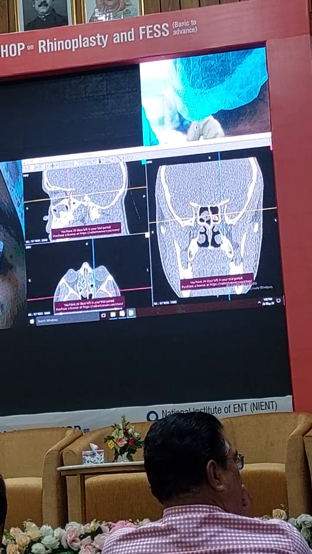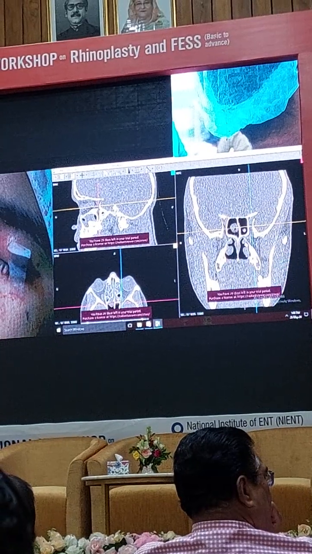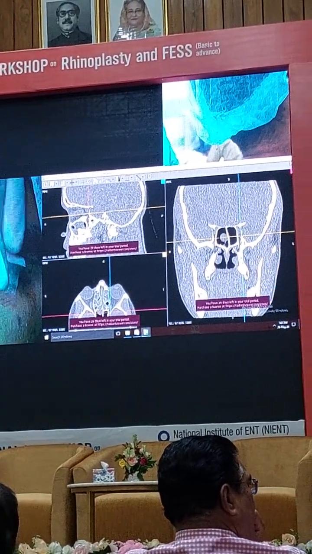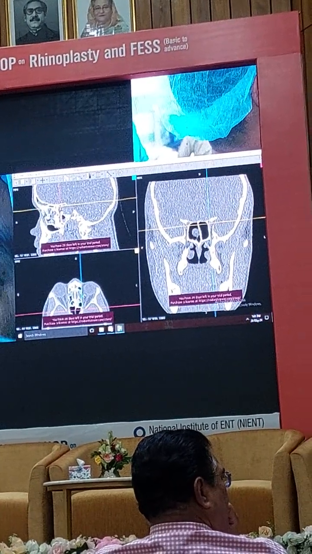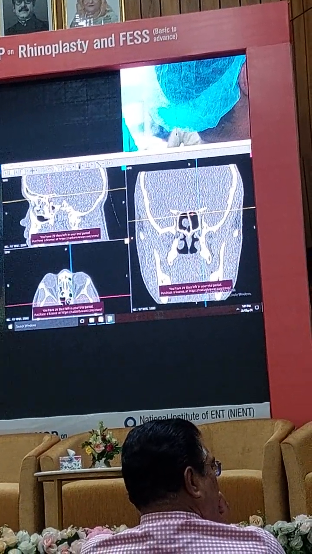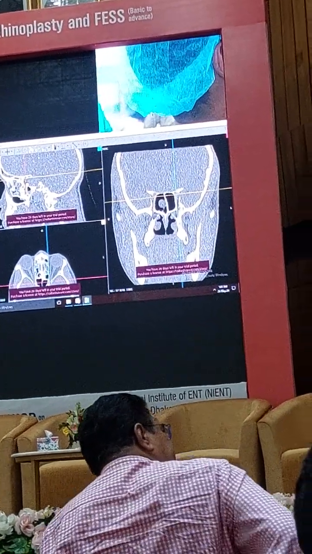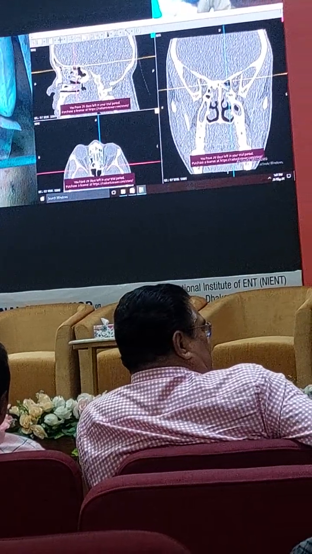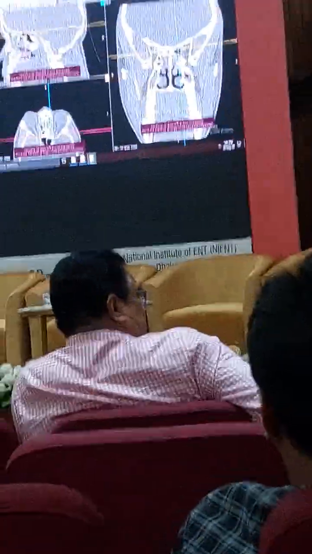Okay, so now I'm fully in the sphenoid sinus, and at this point I see the optic nerve. So if I put the pointer on the optic nerve and look at it in the sagittal and the axial part, it's in correlation with the sphenoid and not with the ethmoid. So though we have a large posterior ethmoid, it's not an Onodi cell. Okay? As far as the anterior part is concerned with the maxilla,